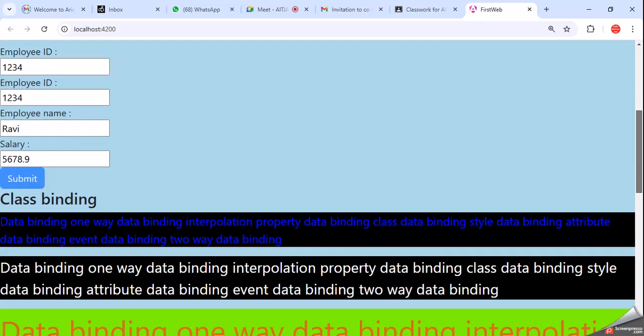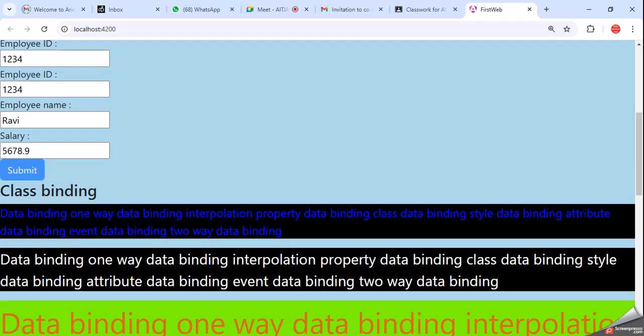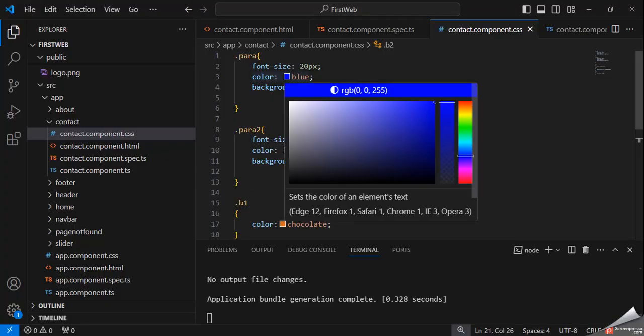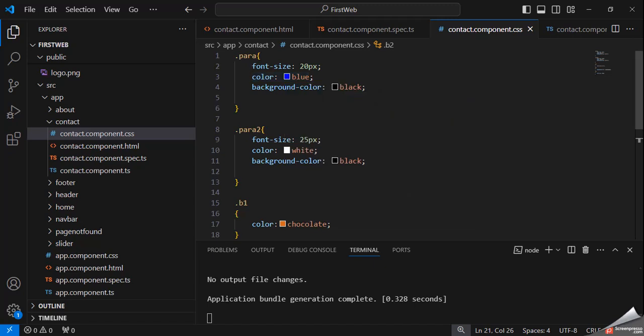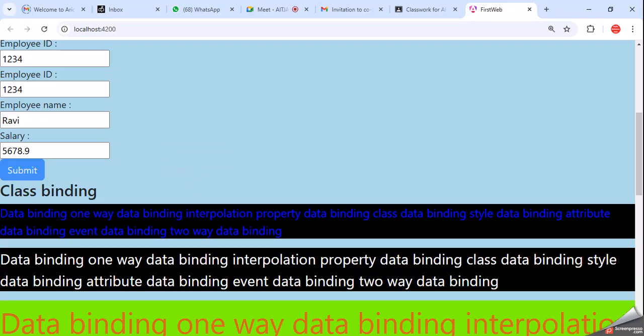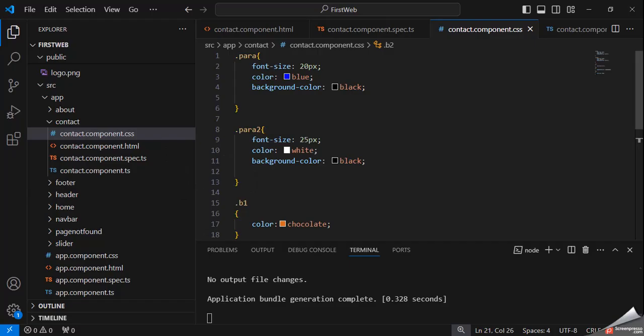Property binding, class binding. Here background is black, and for para the color of letters is blue, and in para2 that is white. So here you can see this blue and white. Okay, so it's very simple.